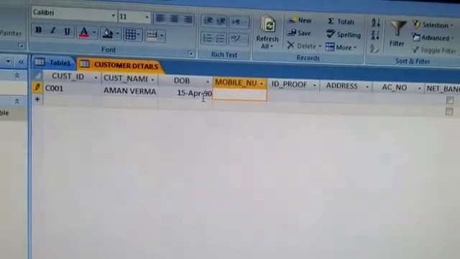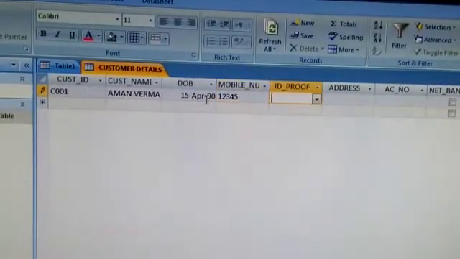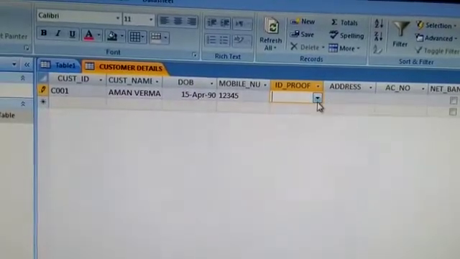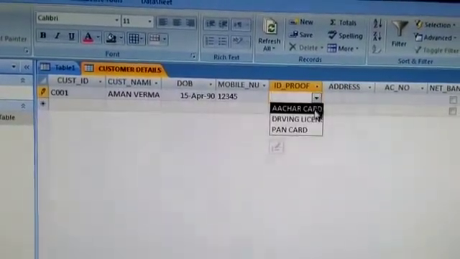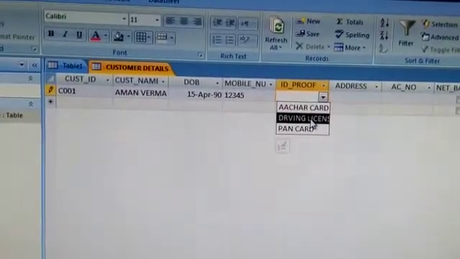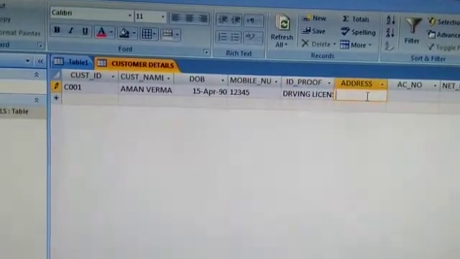Now, mobile number. I will randomly type any number here. ID proof. You see there is a down arrow here, which gives me the values for this field. I can choose any one, like driving license. Next is address.